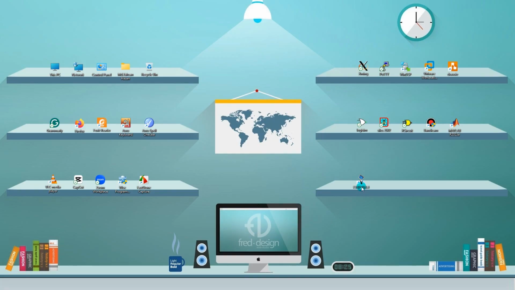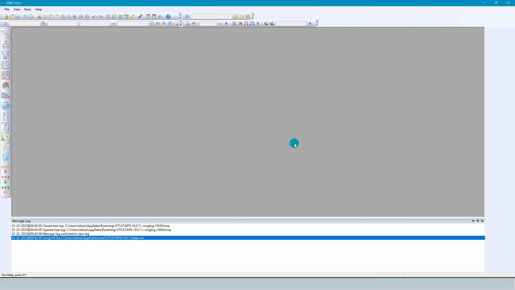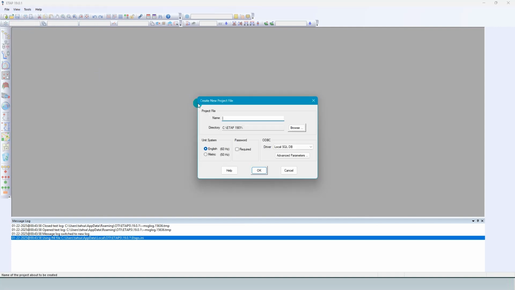Now, let's start designing the system. Create a new project.